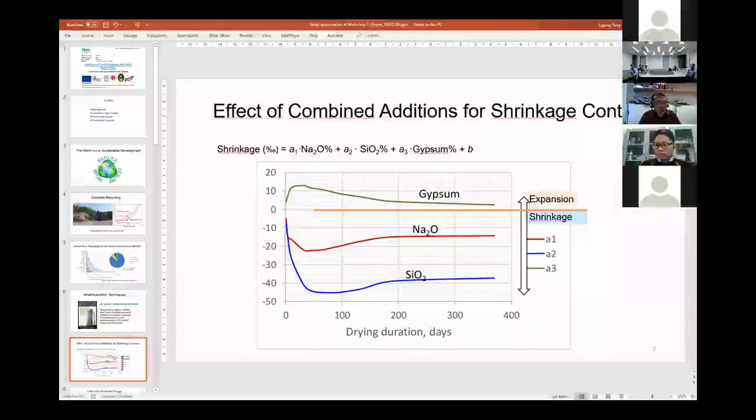When we add the alkaline sodium oxide, it will introduce some shrinkage of about 20%. If we introduce silica from the water glass, it will increase shrinkage even more. But if we add some gypsum, we can compensate some shrinkage, because gypsum will form ettringite, which is expanding, especially in the initial period, so it can compensate more when concrete strength is low. In this way, we can eliminate the cracks to some extent, but it still has high shrinkage